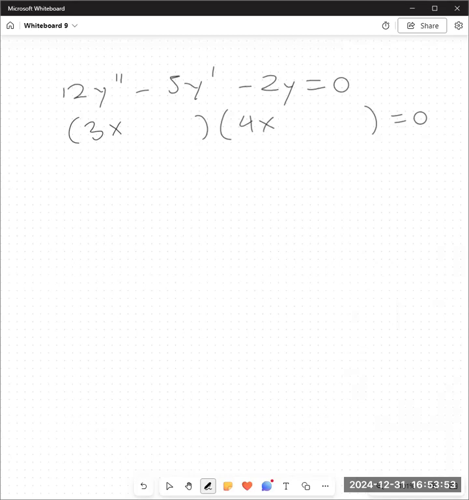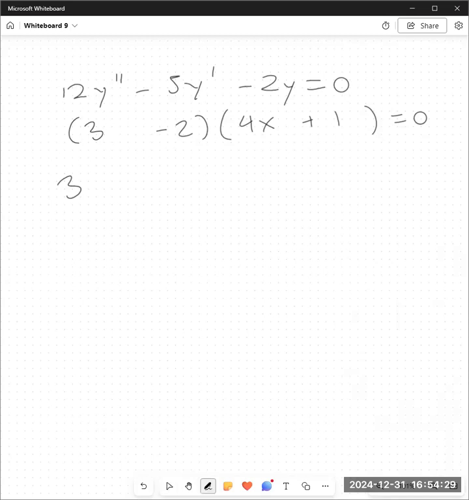And then this is going to be negative 2. So I want negative 2 and positive 1. That gives me a, nope, that's not right, a negative 8. And a positive 3 will give me a negative 5 there. So this is 3,